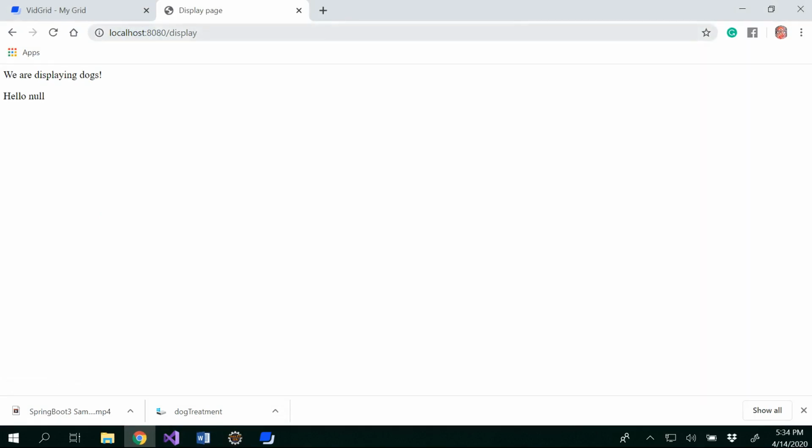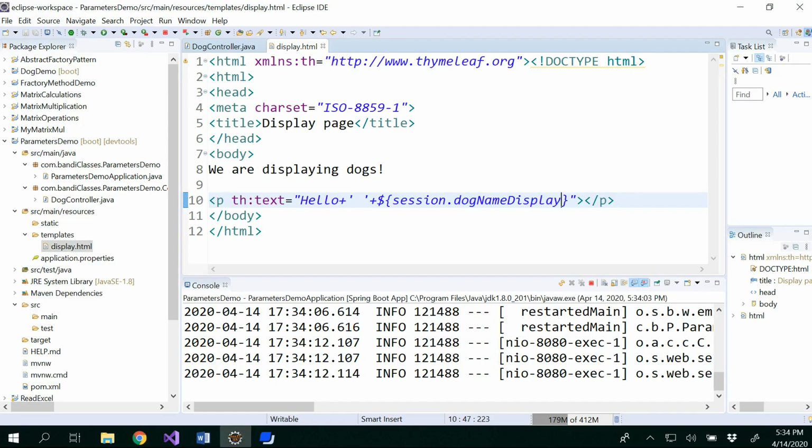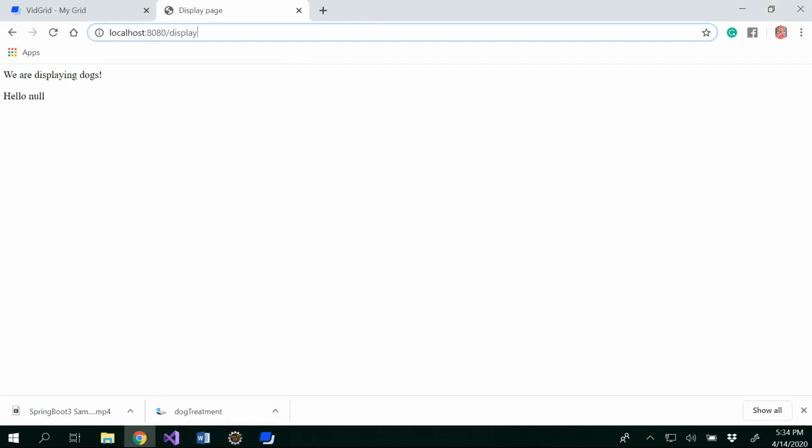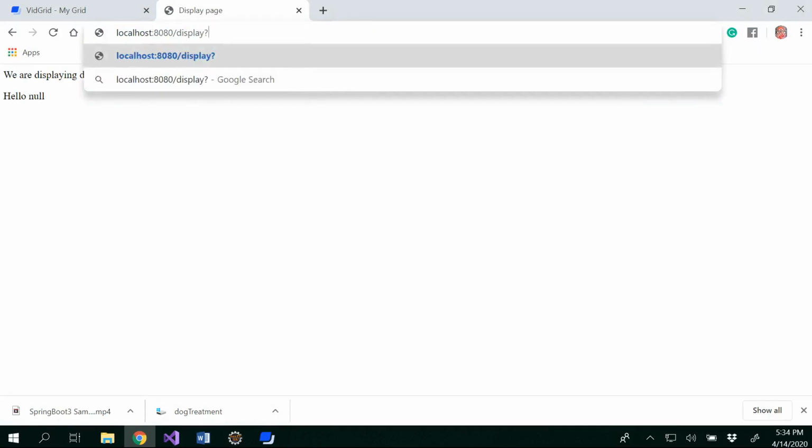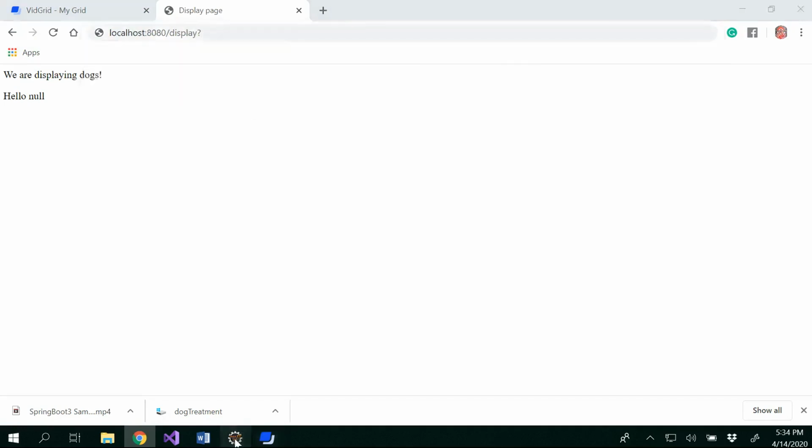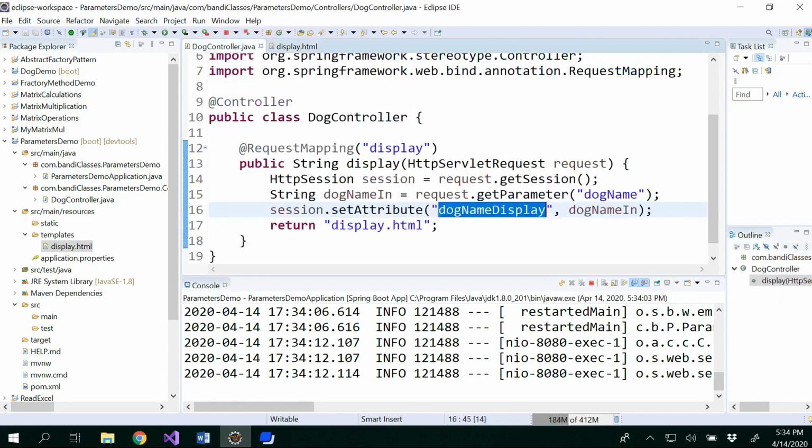Okay, so basically when I enter display, it goes to my controller, to a controller method called display, and there that display returns display.html. In this I get hello and I get null because I didn't pass any parameter, right? So how to pass a parameter is basically a question mark, and I have to pass puppy. On which variable name do I have to pass puppy? I have to pass puppy with a parameter name called dogName